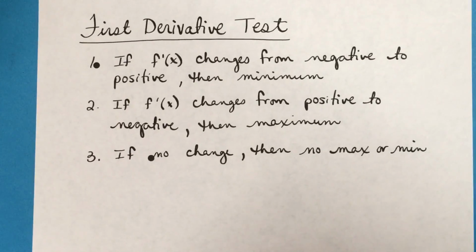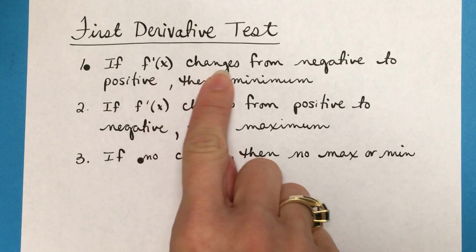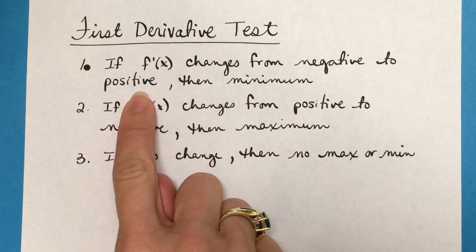Okay, so actually just adding a little bit to what we've already been doing, we have what's called the first derivative test. And this is actually going to help us determine where we have maximums and where we have minimums. And you can actually get that from the sign graph that we've already been doing. So like I said, we're just going to do what we've been doing, but add just a little bit to it. So as it states here, if your first derivative changes from negative to positive,